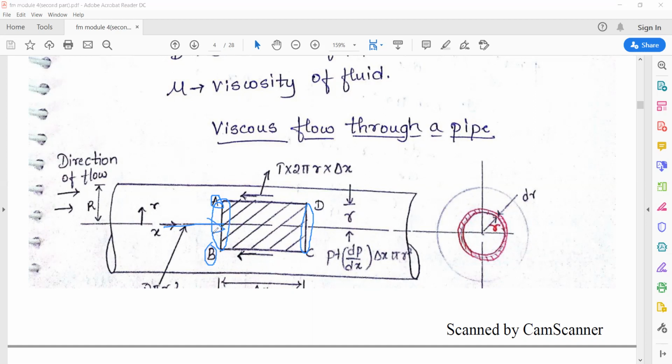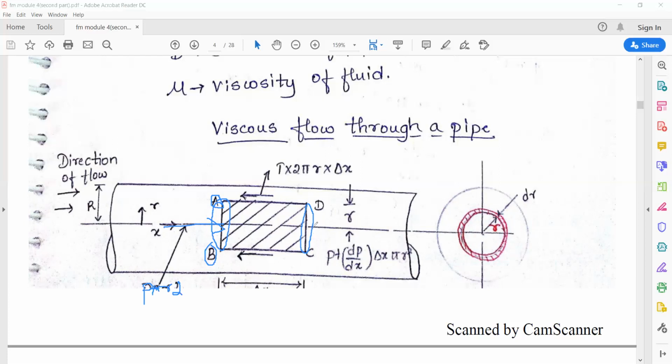Force is pressure into area, since pressure is force by area, right? So our pressure force is equal to pressure into area. Pressure is denoted by P, and area is denoted by pi r square. So P into pi r square